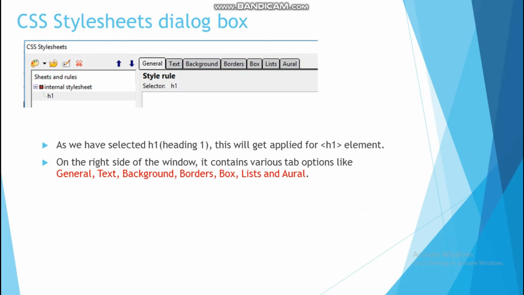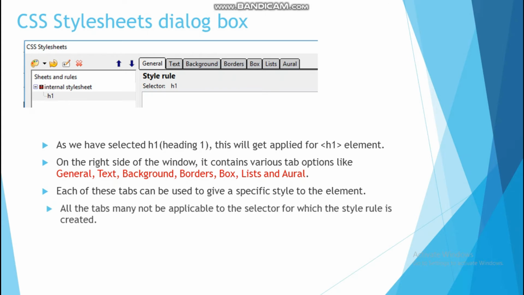On the right side of the window, it contains various tab options like general, text, background, borders, box, lists and aural. Each of these tabs can be used to give a specific style to the element. All the tabs may not be applicable, remember, to the selector for which the style rule is created.